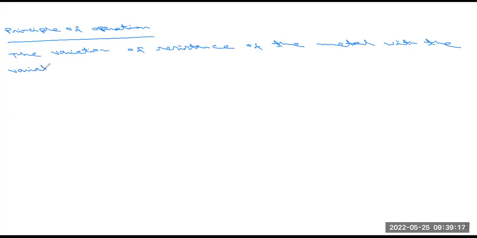So the variation of resistance of the metal with the variation of the temperature is given as the equation